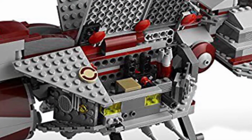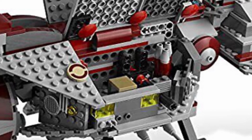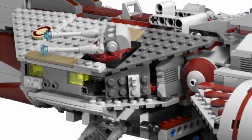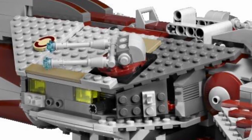You had a nice escape pod feature that could drop out from the front of the ship, and you also had a rear turret seat for a gunner, with 3 beautiful looking engines and amazing turrets on the top and bottom of the frigate. This set came with amazing figures, Yoda being one of them, but the main draw was